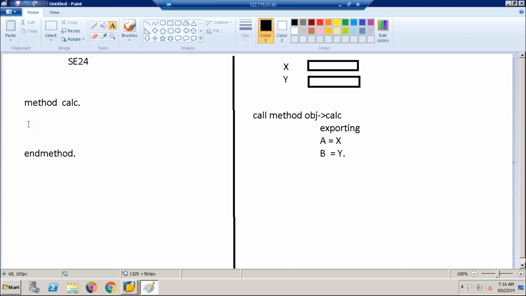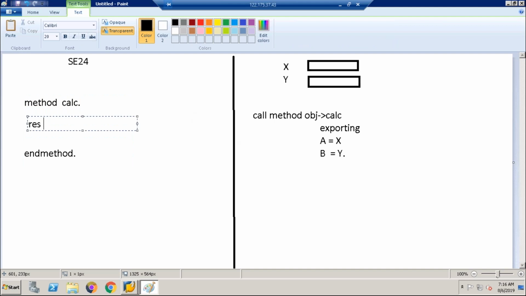And here we are writing result. It's a private variable. We cannot access it outside. A plus B, right, addition value. See the result. Simple, guys.